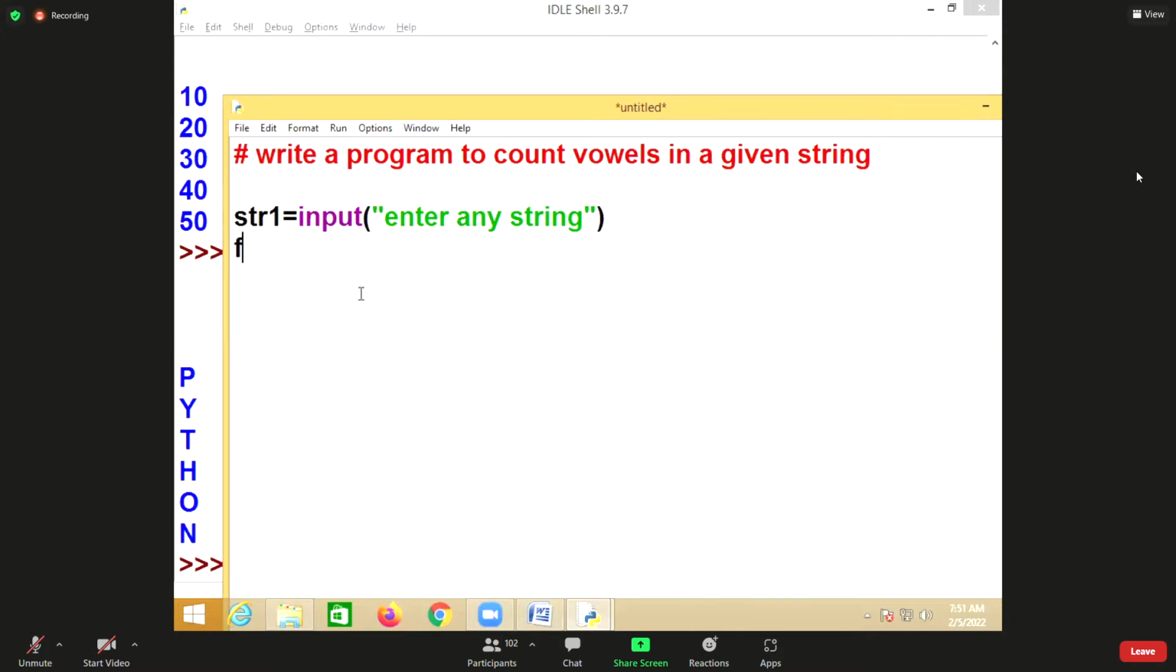So what I have to do is read one character each time and store that character into one variable. What is this variable here? CH. The variable name can be anything, because variable names are user defined, not predefined. So for ch in str1,